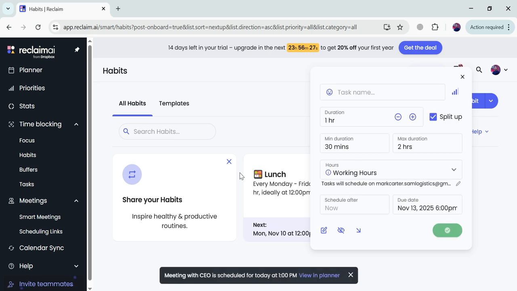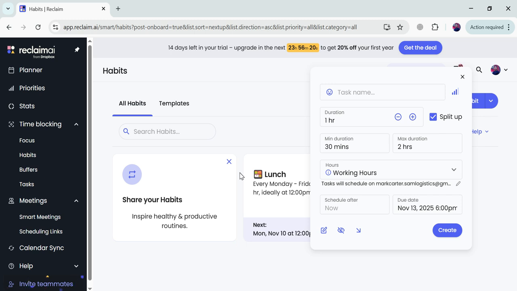So this is all about Reclaim AI, how you can use the dashboard and how you can add the basic settings like your priority time and your focus time. You can add multiple tasks as well, and it will keep arranging them with the help of AI and will notify you. So that's all about Reclaim AI.